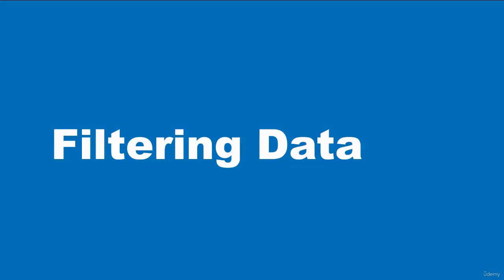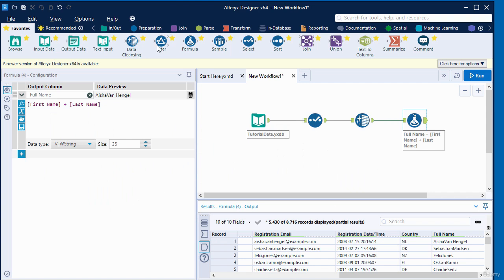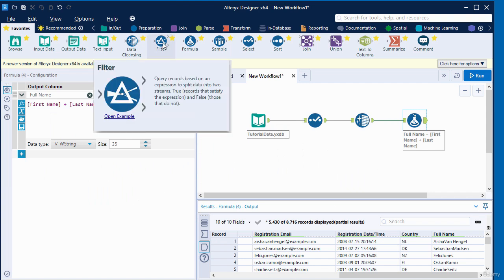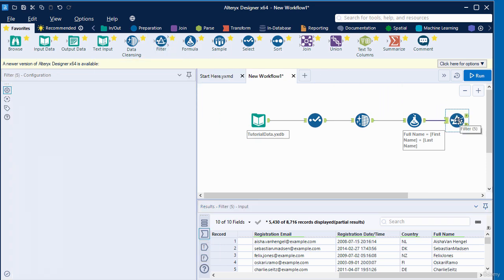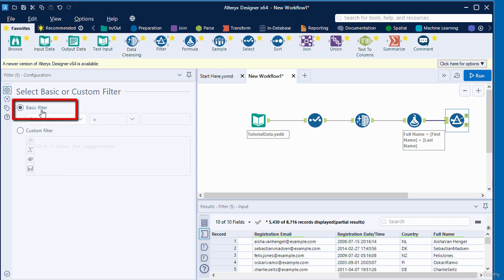In this video, we are going to be filtering some data based on specific conditions. To begin, I'm going to grab the filter tool from the tool palette and then connect that to the formula tool in the canvas. In the configuration window on the left, make sure that the option for the basic filter